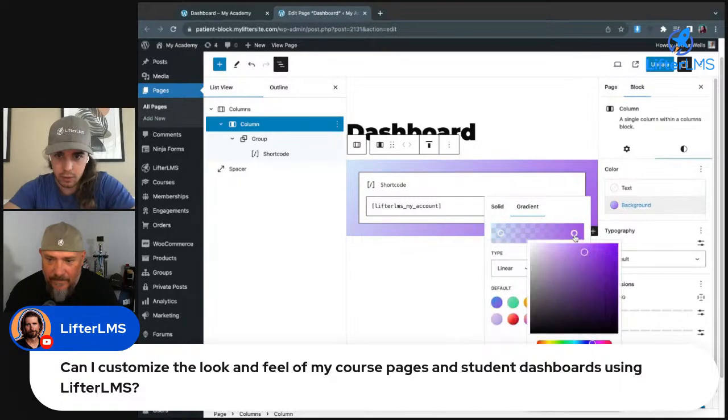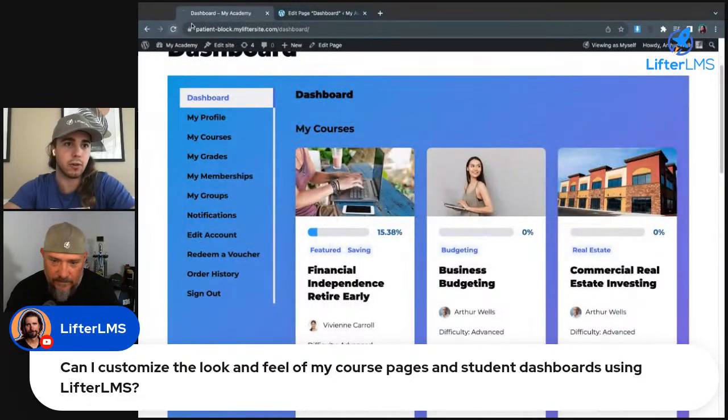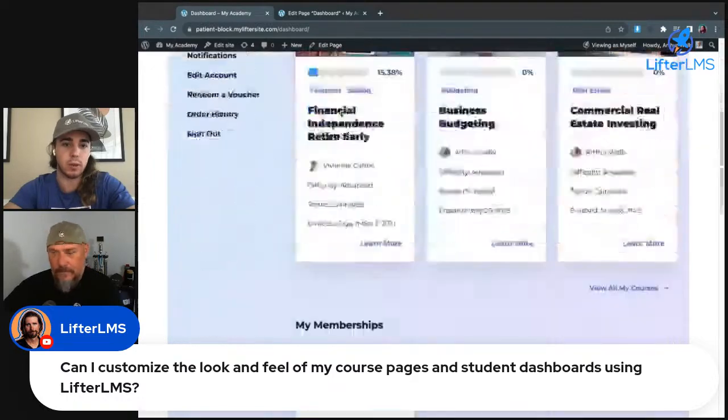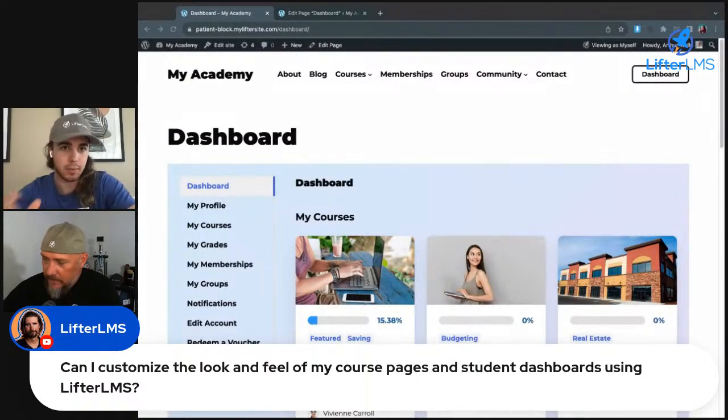For sure. And I think the challenge is, how much do you want to get your hands dirty with the project? How much do you want to engage with it and figure out what you can do? I know a lot of Lifter site owners will get in there and build their own site with Divi, customize the backend, and really enjoy the process of figuring out how it works, like what I'm doing right now, just playing around with the tools and seeing what kind of branding elements I can incorporate.